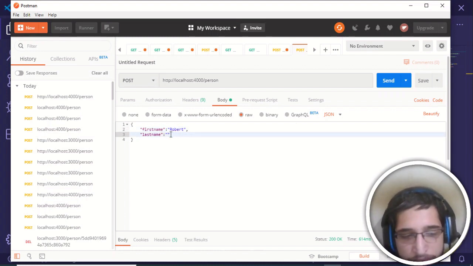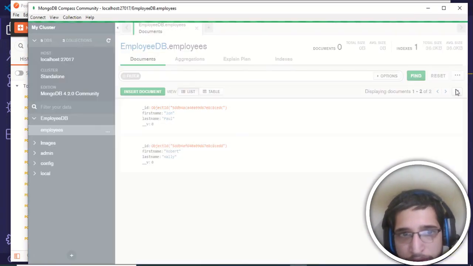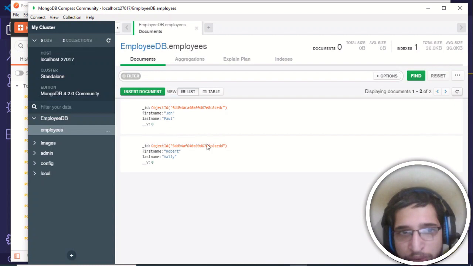Now if I make a get request, only one record will be returned. A get request to /people. So this will display all the records which are currently present. If I send this, only one record will be returned. You can see that, Robert Haley. So now in this application we have developed a full stack API in Hapi.js with the help of Mongoose and